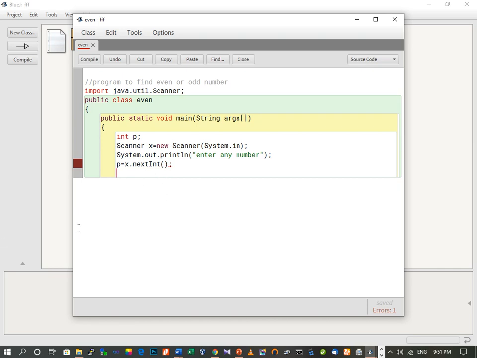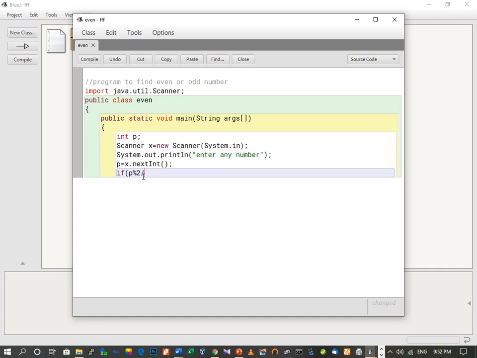Now here we have to provide a condition, if. Now how to find out whether a number is even or odd? For that we have a method: we will divide that number by 2, and if we don't get any remainder, that means that number is even, otherwise it is odd. So in computer terms we will write down if p mod 2, this percent symbol is for mod. This will divide p by 2, and this will find out the remainder. So there is a difference between this mod operator and this division.